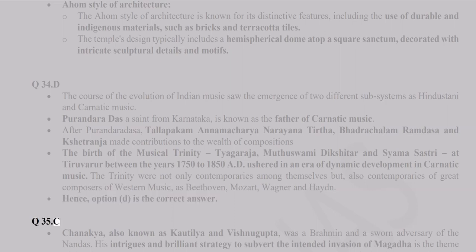Q35. C. Chanakya, also known as Kautilya and Vishnugupta, was a Brahmin and a sworn adversary of the Nandas. His intrigues and